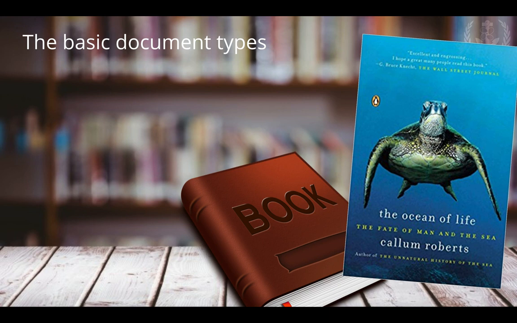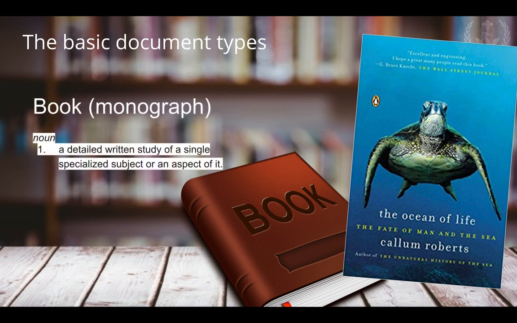The most obvious is the book. In the context of referencing, however, we mean something quite specific rather than just any volume that happens to be between covers. In fact, in our digital era, books don't even have to have any physical characteristics at all. When referring to a book in our bibliography, we are usually talking about a monograph, that is, a detailed study of a single specialized subject or an aspect of it. The book is structured in such a way that each chapter follows logically from the chapter that preceded it, and